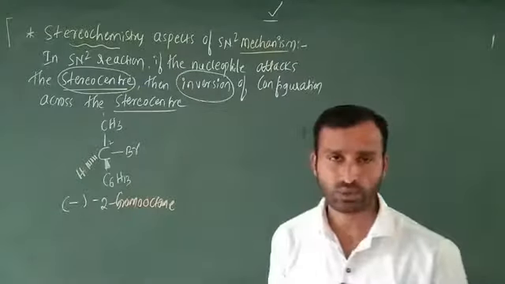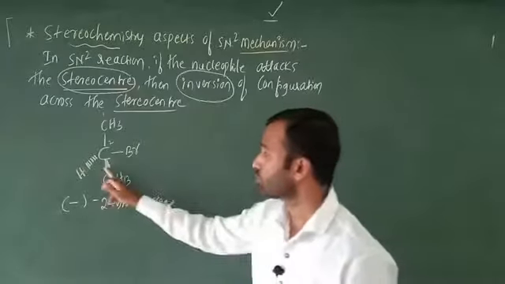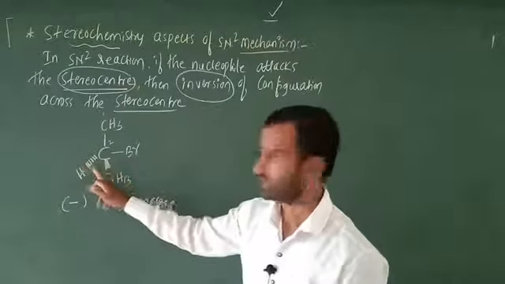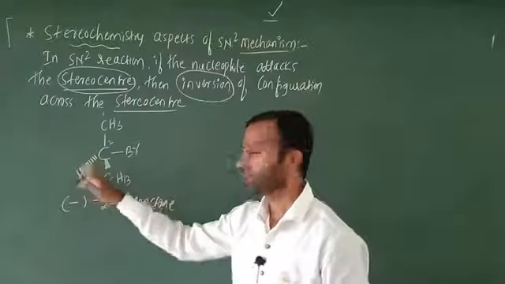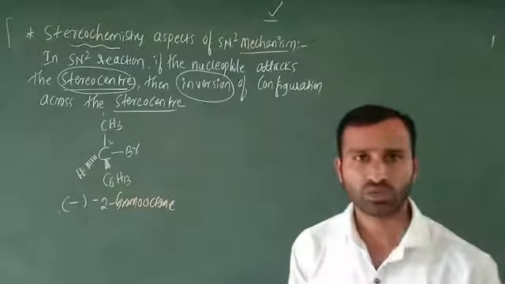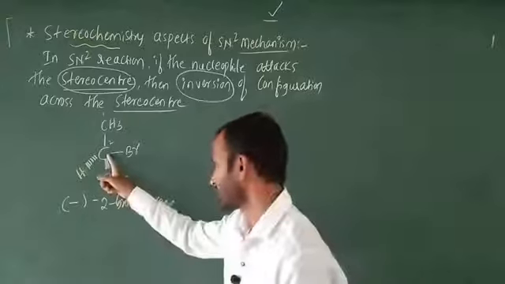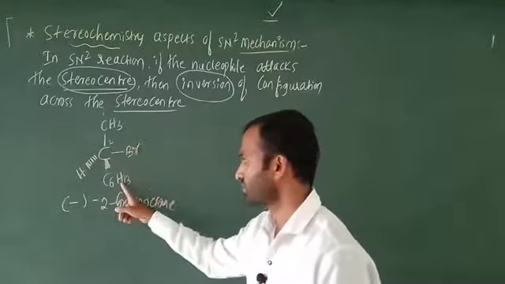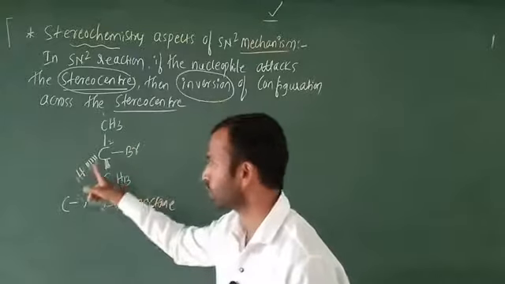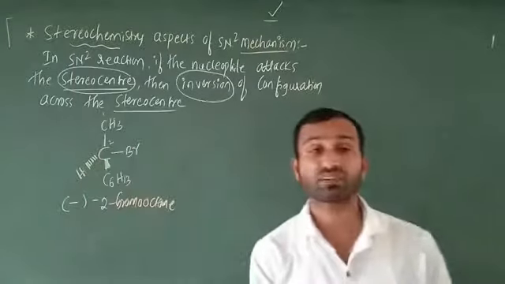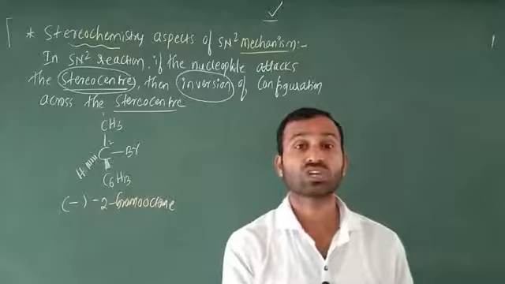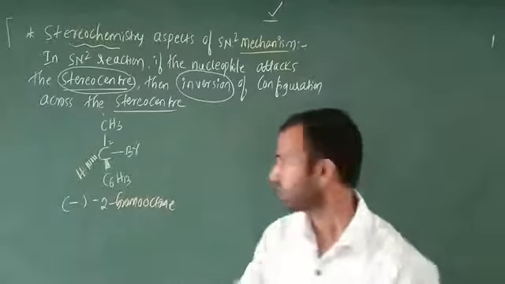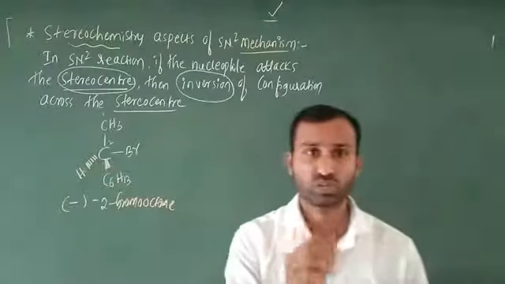but particularly in this case we are going to use the stereochemical aspect. Below the plane and above the plane indicate the stereochemical aspect. Just here this carbon contains 4 different groups: CH3, Br, C6H13, and hydrogen. This carbon containing 4 different groups indicates a stereo center. Bear in mind this carbon is a stereo center.